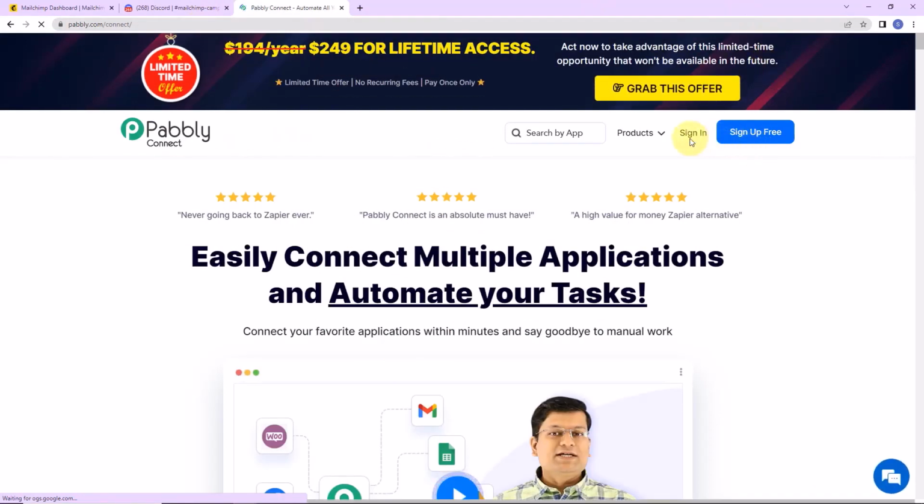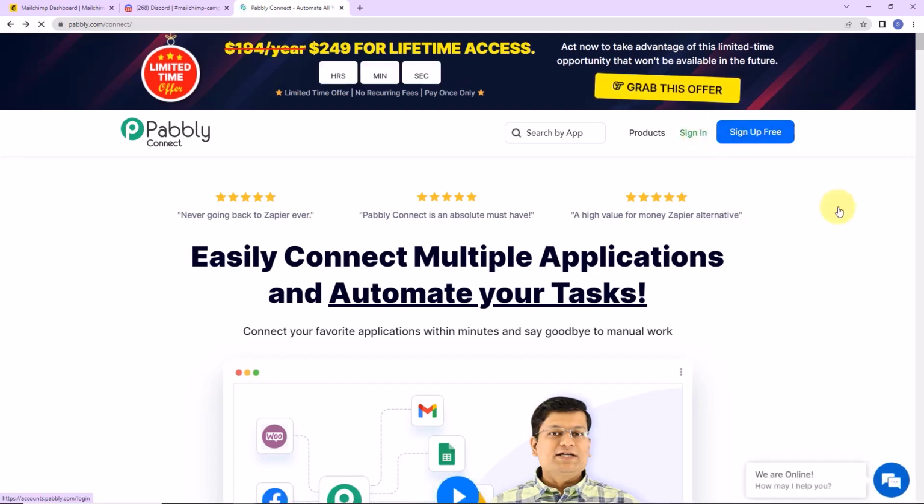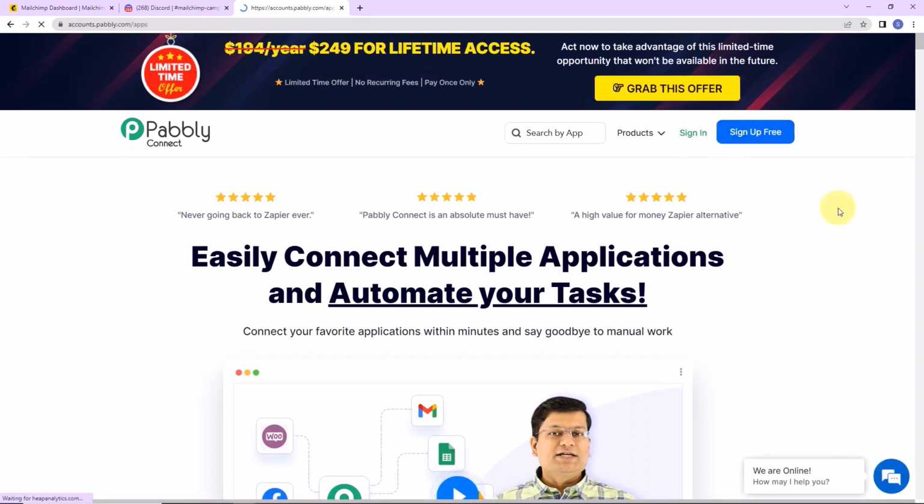On the right hand side, you can see two options, sign in and sign up for free. So if you are an existing user, simply click on sign in. If you are a new user, click on this tab sign up. It won't take more than 2 minutes, and also at the time of account creation, you will get 100 free tasks. So now I'm going to click on sign in as I'm an existing user over here,